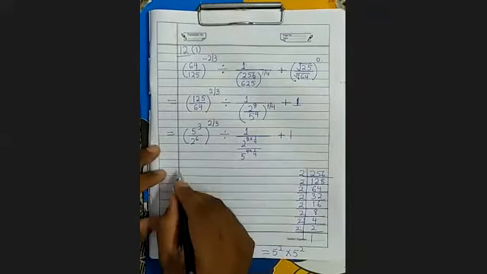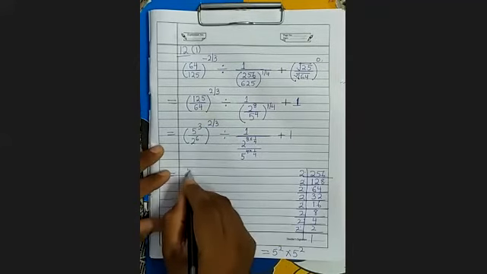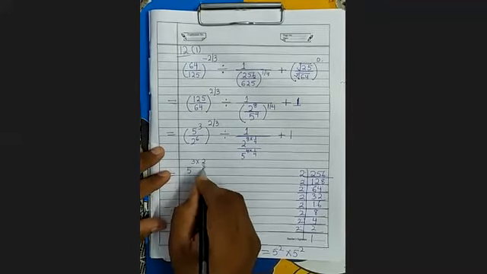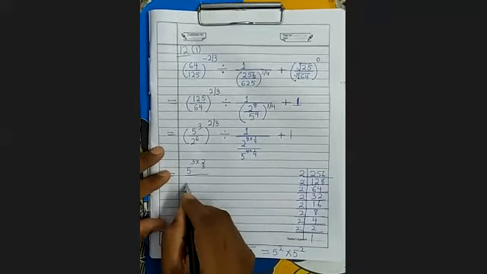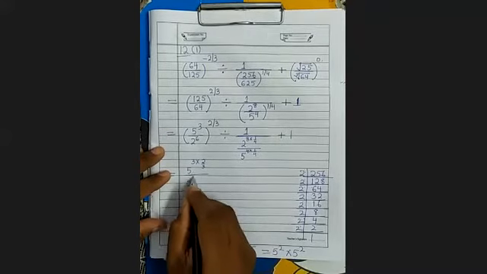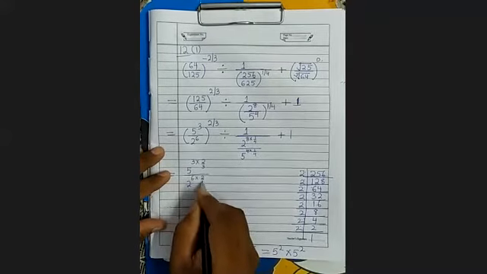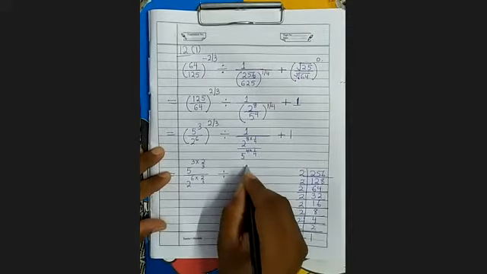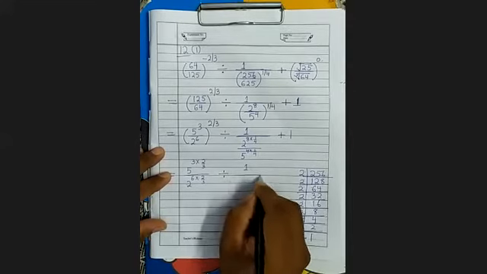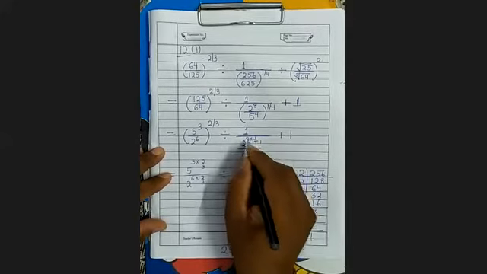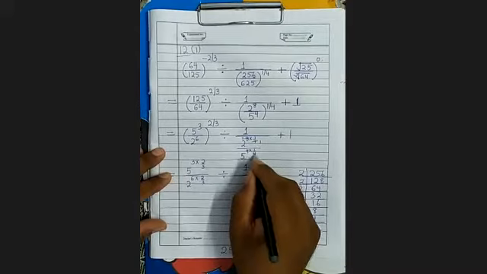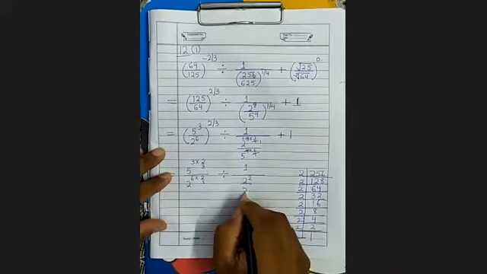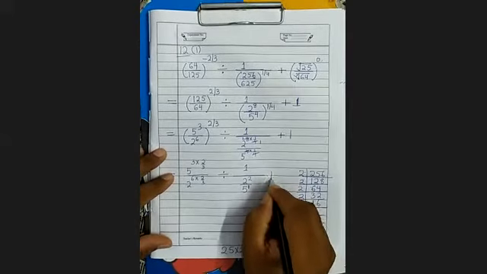Same thing you will do here. Here it is 5, 3 into 2 by 3. 2 to the power 6 into 2 by 3. Now see here, divided by, it is 1. 4 1 ja, 4 2 ja. This is cancelled. So this is 2 square upon 5 to the power 1 plus 1.